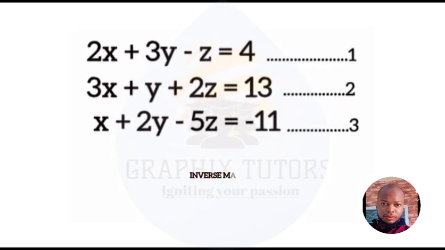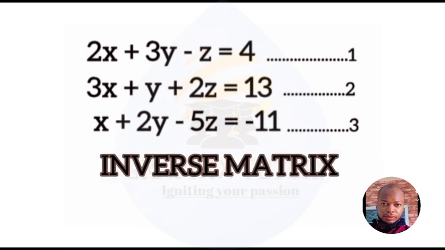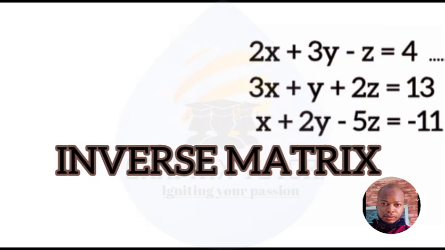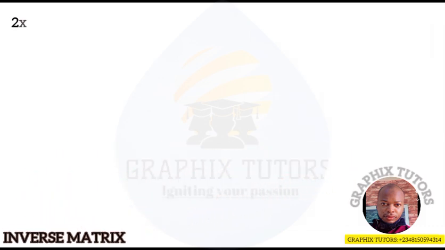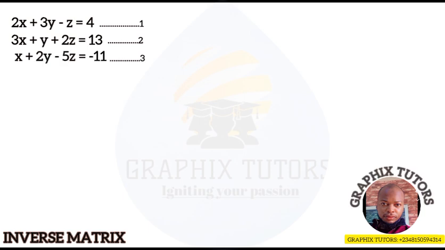If you look at the front of your screen, you will see a system of equations. Equation 1 is giving us 2x plus 3y minus z equals 4. Equation 2 is giving us 3x plus y plus 2z equals 13. And equation 3 is giving us x plus 2y minus 5z equals minus 11. And we are told to use the inverse method in order to find the unknown variables,